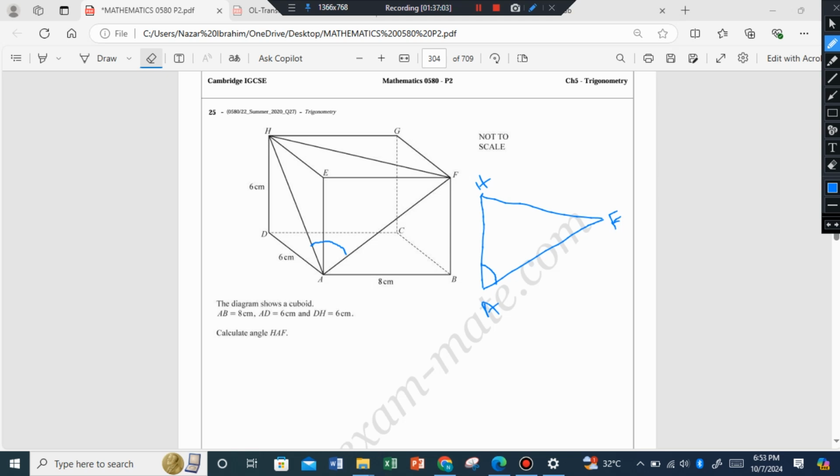If I see this triangle HAD, it's a right angle triangle, so I can calculate HA from this. If I see side AF, it is again a right angle triangle AFB, which I can solve to get AF. And similarly, HGF is again a right angle triangle on the top of the cuboid, right? So solving these three triangles,